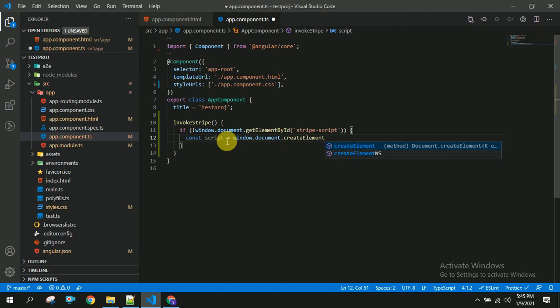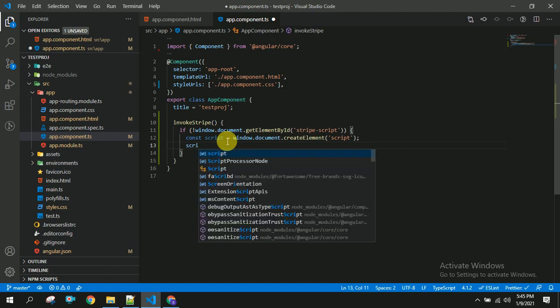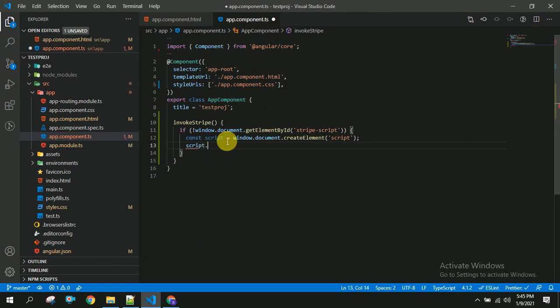Create element of script. So to this script we are going to add some ID dynamically. So ID is Stripe script.